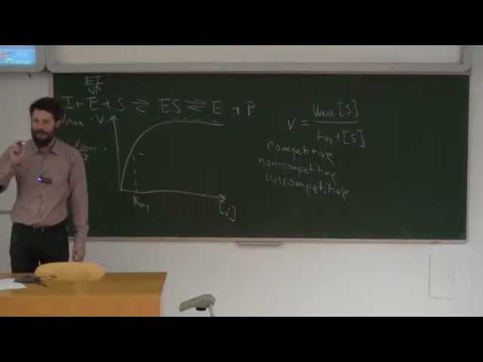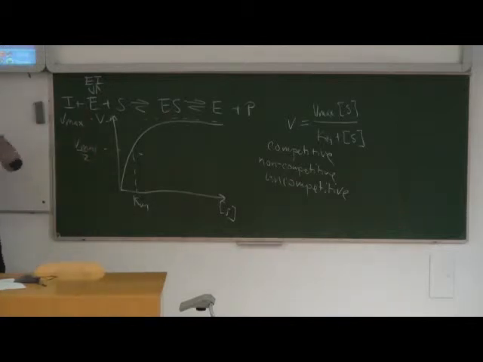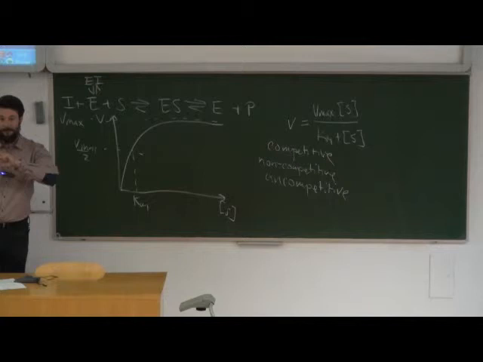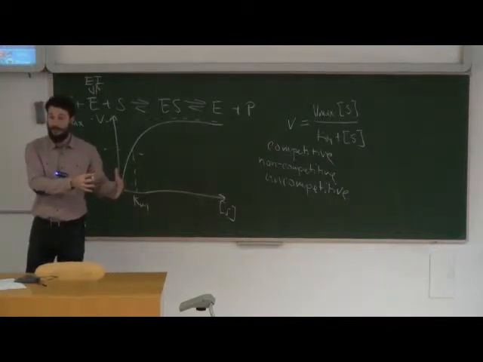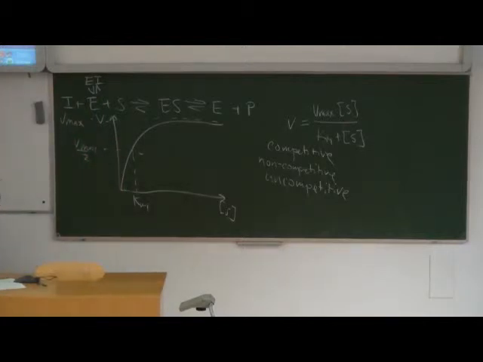Okay, raise your hand if this explanation makes sense. Okay, this is a very important concept. So if the substrate and the inhibitor compete for the same binding site, at a fixed concentration of an inhibitor, the Vmax is going to be the same because at an infinite concentration of substrate, there's always going to be infinite times more substrate than the inhibitor. I can still see that some people are a bit puzzled by it. Raise your hand if you want me to explain it once again and more slowly. Okay, quite a lot of people.